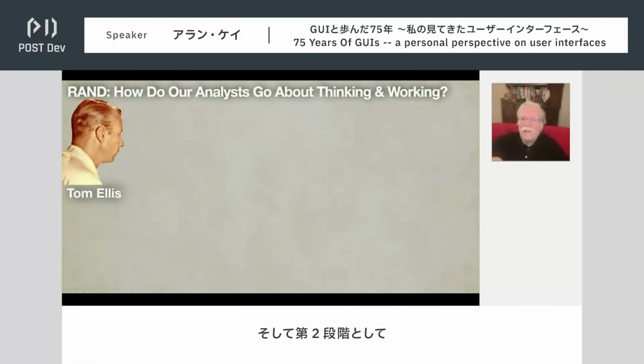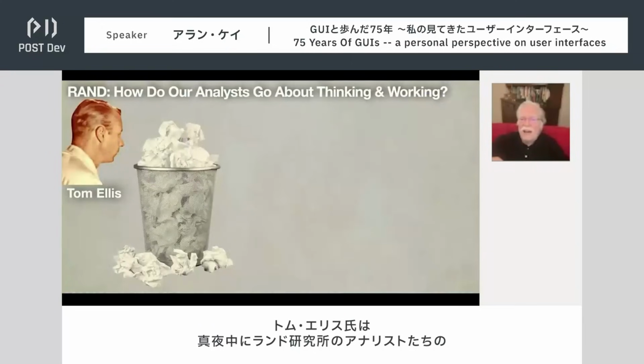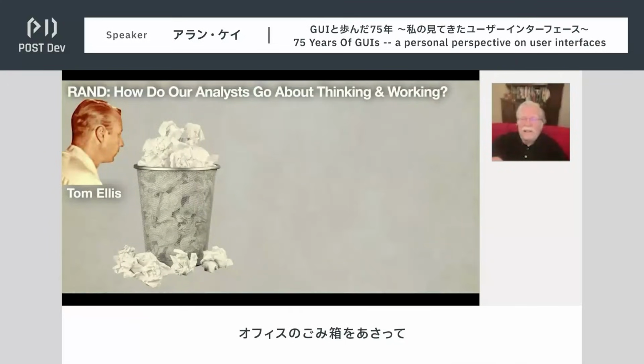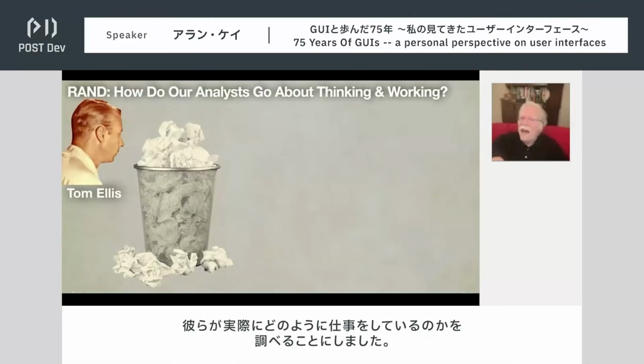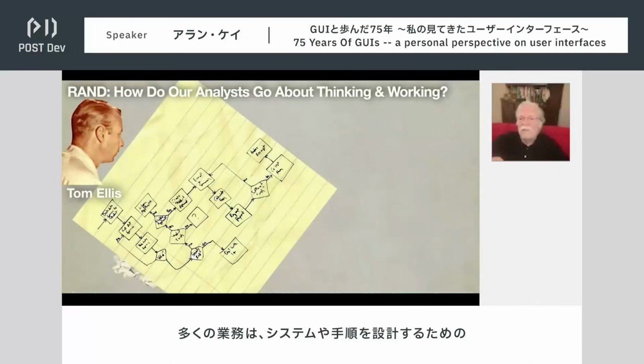So the second phase of this, Tom Ellis decided to go through the waste paper baskets at midnight in the offices of the RAND analysts to see how do they actually do their thing. And the answer is a lot of it was done through flow diagrams of various kinds, laying out systems and laying out procedures and so forth.